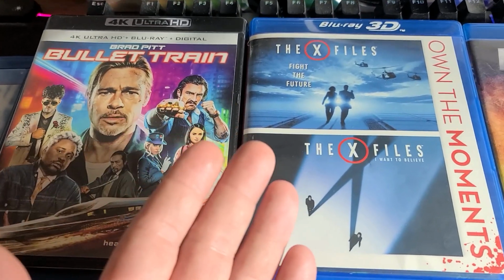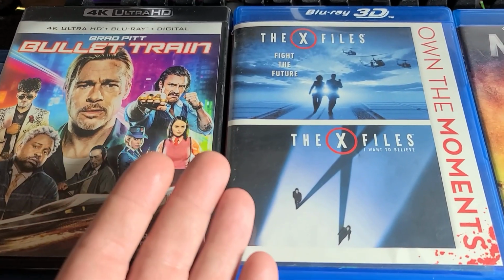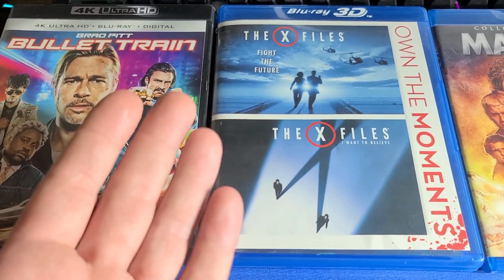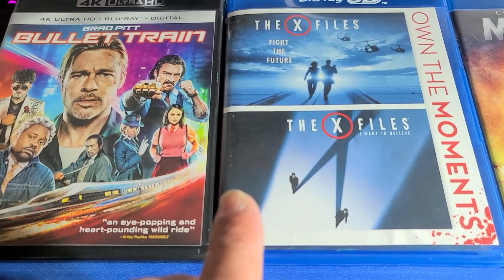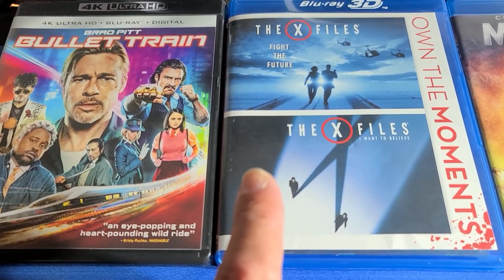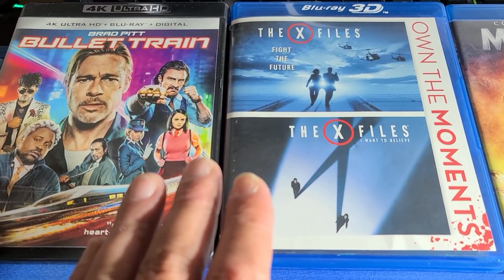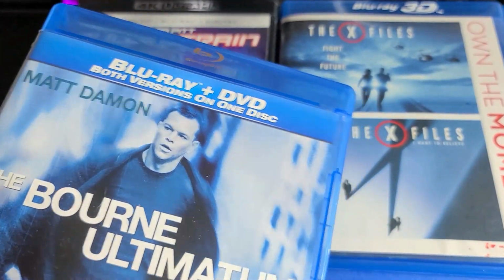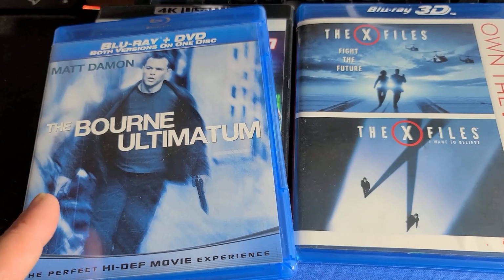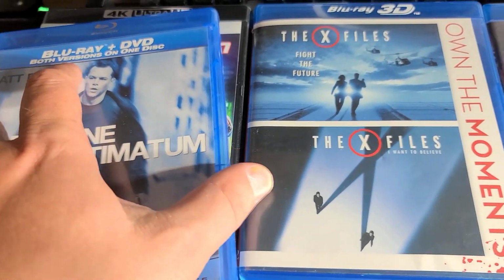Anyway, Blu-rays can be double layer, 25 gigabytes per layer, up to 50 gigabytes or even more. And I have examples. These X-Files discs are 50 gigabytes, 50 megabytes short, the fullest Blu-rays I've ever seen. Blu-rays can also be double-sided, like this Bourne Ultimatum, which is a double-layer Blu-ray on one side, and on the other side, let